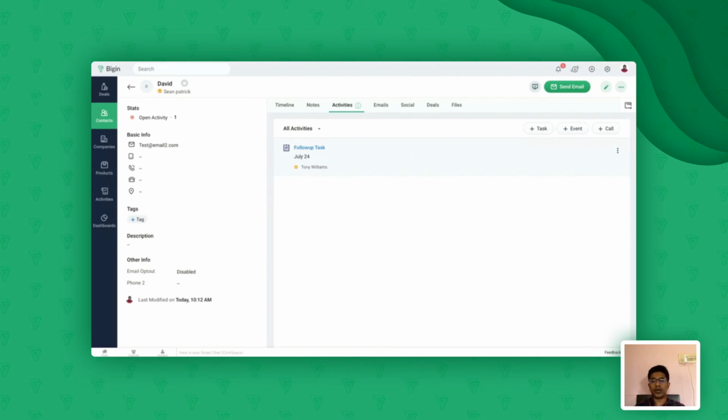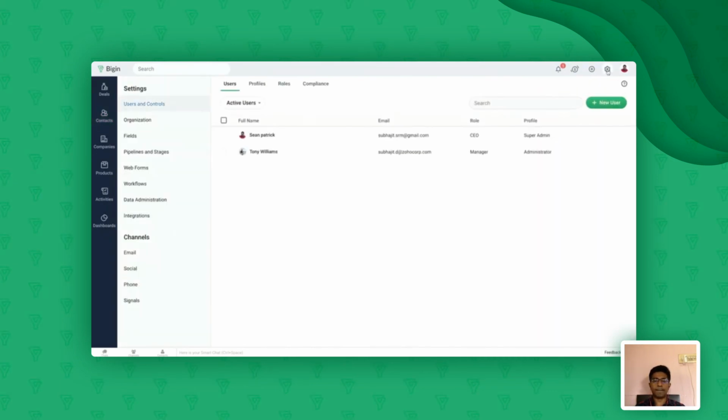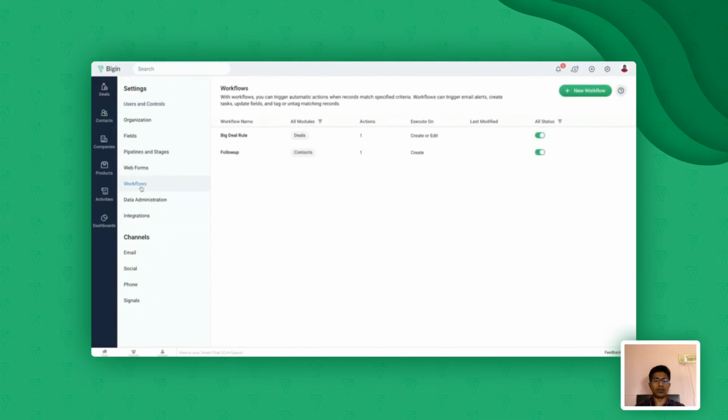You can update any of the fields based on a certain condition. If you want to categorize your contacts and add a tag, you can do that as well using workflows. All these options are pretty much open. All you need to do is go to setup, go to workflows, and start creating one.